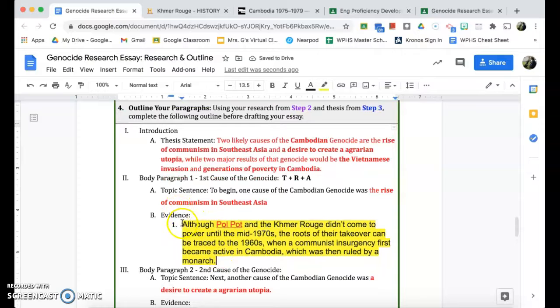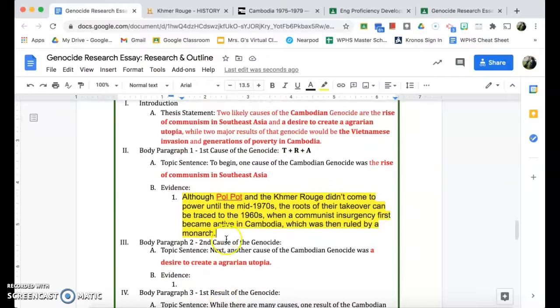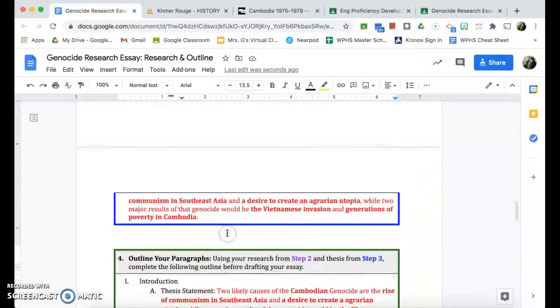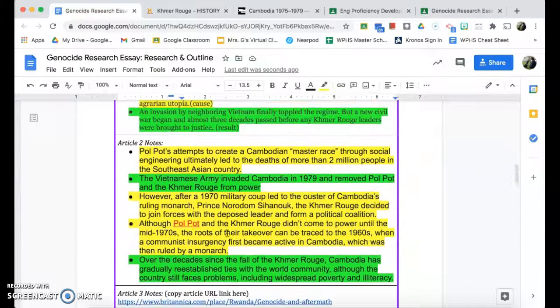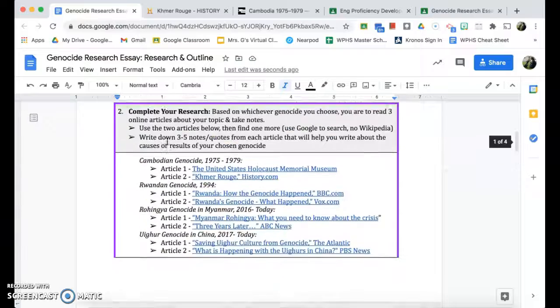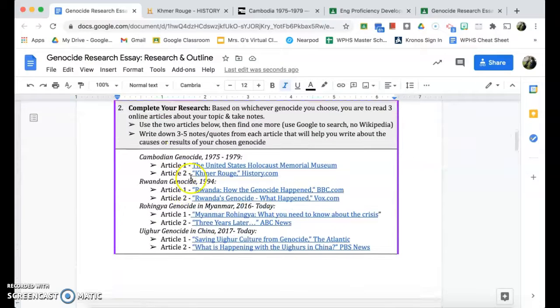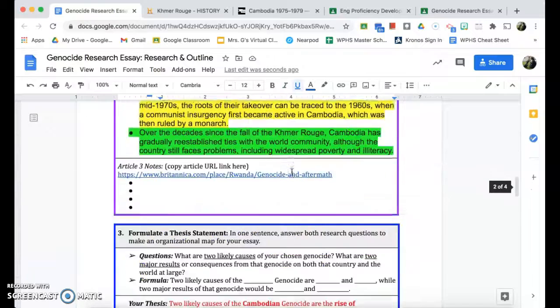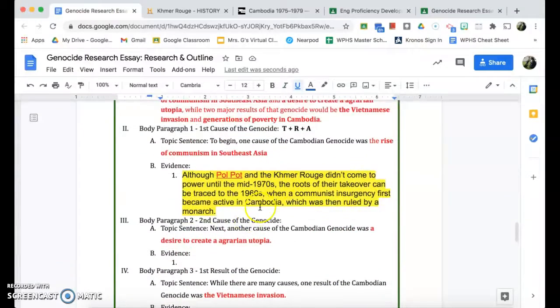Now, if you want to, you can just leave it like that and move on. I think it's better to first make note of where this evidence comes from. So I just copied and pasted that quote from my Article 2 notes. Okay, now when I scroll up and look at what Article 2 was, Article 2 was this website right here, history.com. So when I copy and paste that in my outline, I think it's a good idea to first put in parentheses